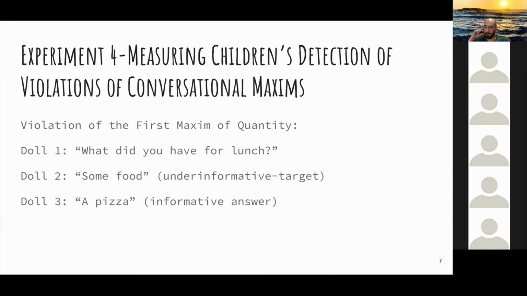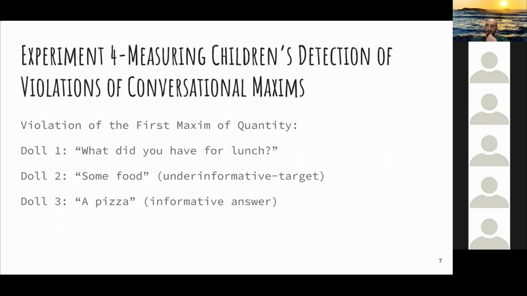same 24 5-year-old participants in the second experiment took part, and all of them actually failed the truth value task. They did a conversation violation test in which the examples are not following the maxims of Grice. In the given example here, we see a violation of the maxim of quantity. The 3 dolls are